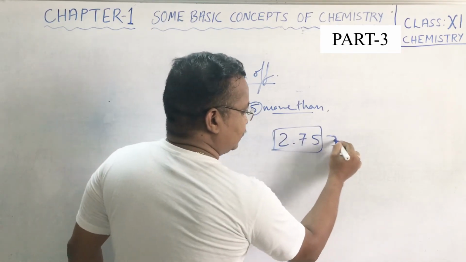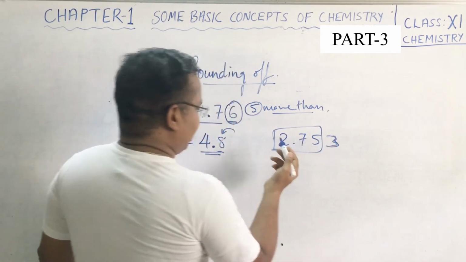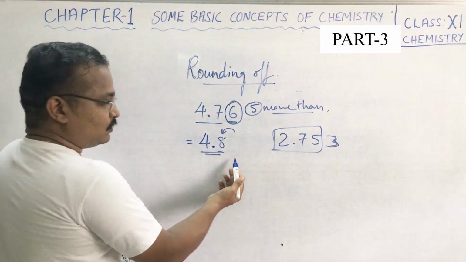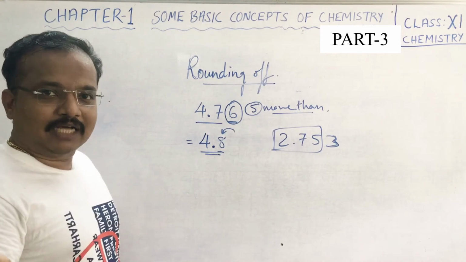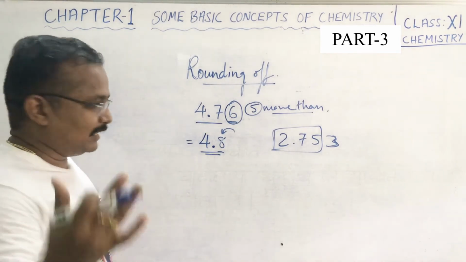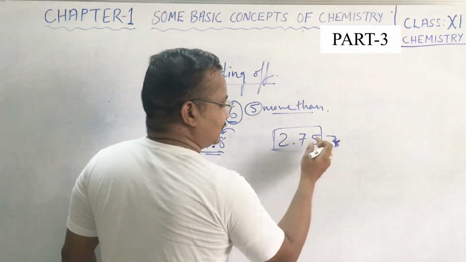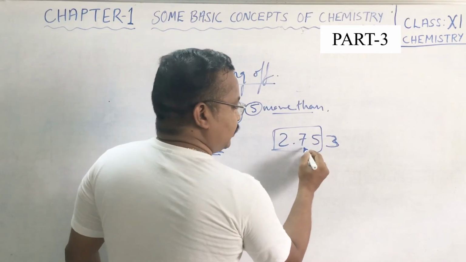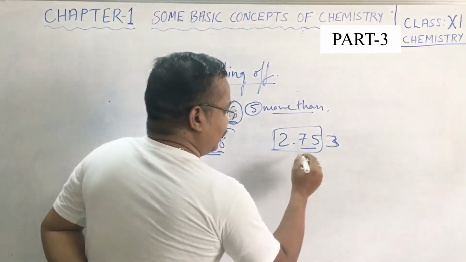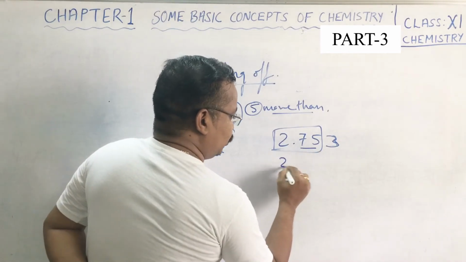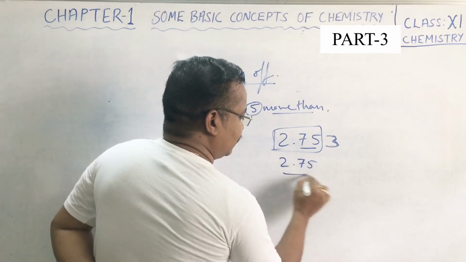Now the third digit, it can be either one digit after the point, or 2 digits, or even up to as much as you want. Okay, it depends on that only. Now I am taking another example, 2.75. You have to match up to the 10th place. Then here we have 2.75 only as the answer.